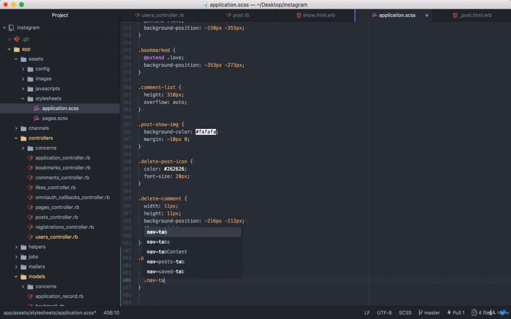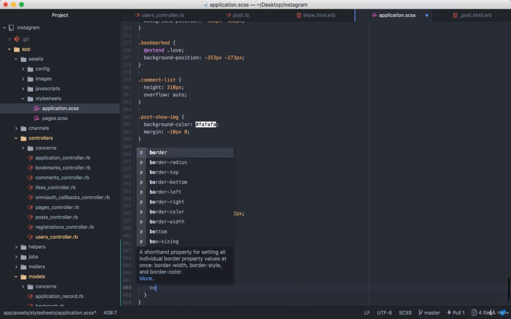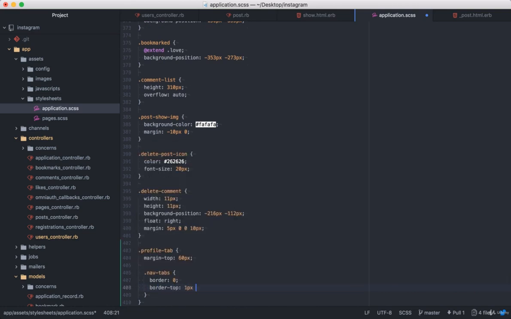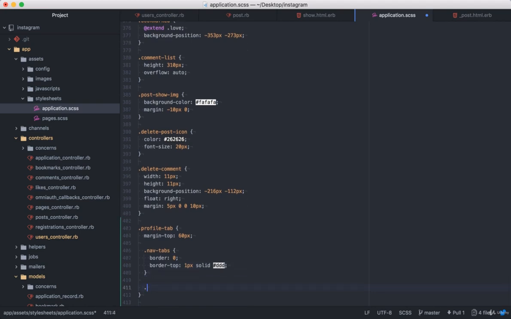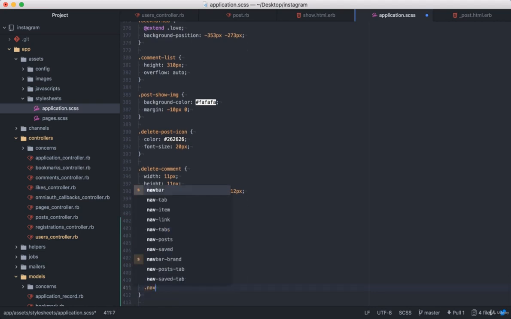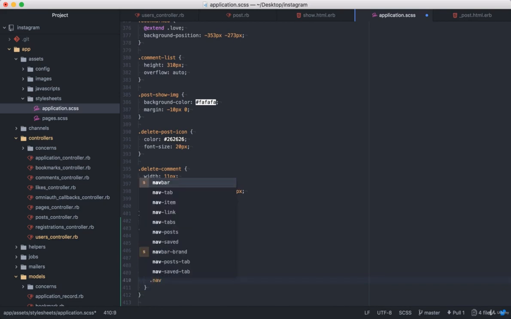And inside we have nav tabs, border 0, border top 1 pixel solid #DDD, and we have nav item. Well, actually this is inside nav tabs, so nav item,